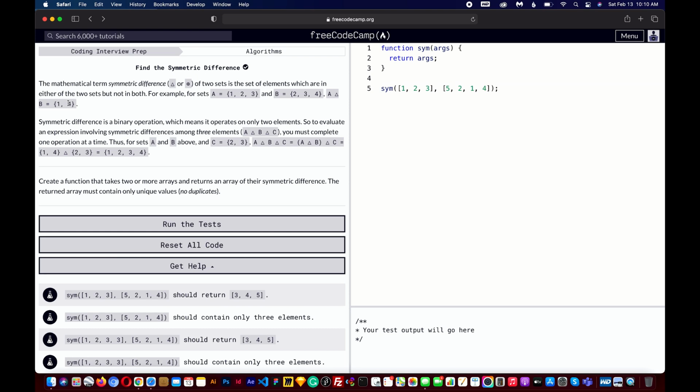Now that's all well and good, but what if we want to get the symmetric difference of, say, three sets instead of 2? Well, as they say here, symmetric difference is a binary operation, so it can only operate on 2 sets of elements at a time. So in order to get the symmetric difference of 3 sets, we would first need to calculate the symmetric difference of sets A and B,